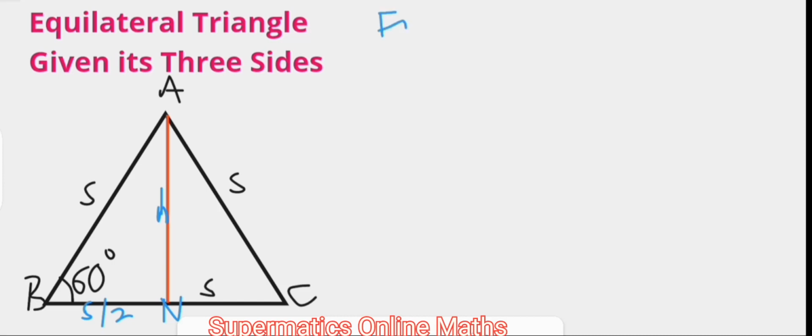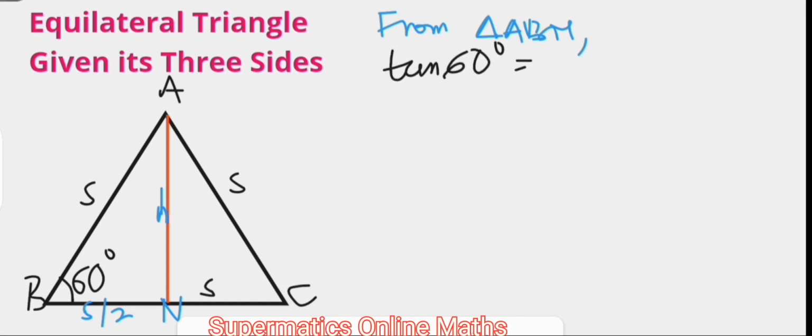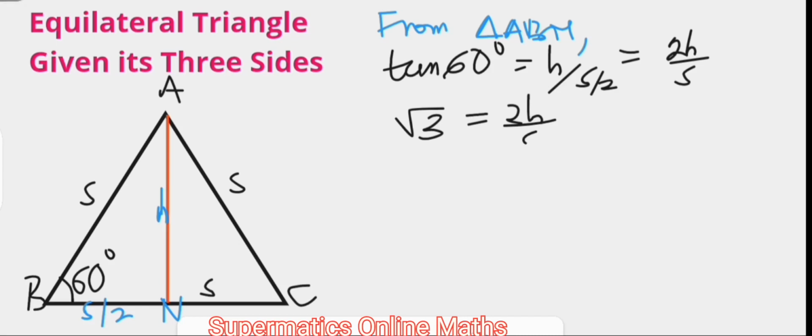So again, from triangle ABN, using trigonometry this time around, we have that tan 60 degrees is H divided by S over 2. That is, tan 60 degrees is 2H over S. But tan 60 degrees is root 3. So we have root 3 equal to 2H over S. And making the altitude the subject of the formula, we have H equal to root 3 over 2